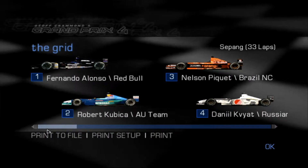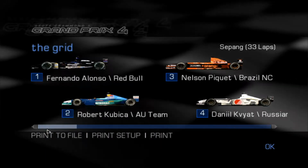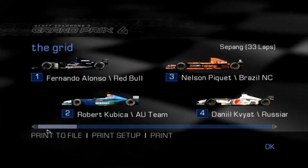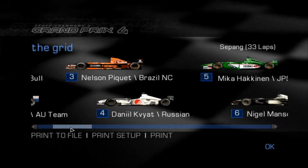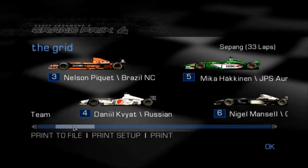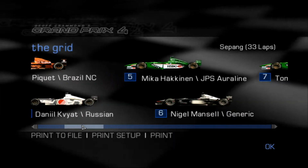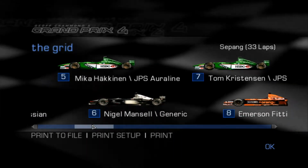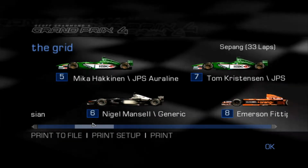So, here's your new grid for the race today. Fernando Alonso is on pole position, out of nowhere, pulled that one out of the bag, with Robert Kubica alongside for the Absolute Units Team Polska. Nelson Piquet in P3 for the fast Brazil car, while Daniel Kvyat lines up in P4, despite struggling in Australia. Mika Hakkinen makes it P5 in the Auradine car with Nigel Mansell in P6 for the generic Brexit pensions team,